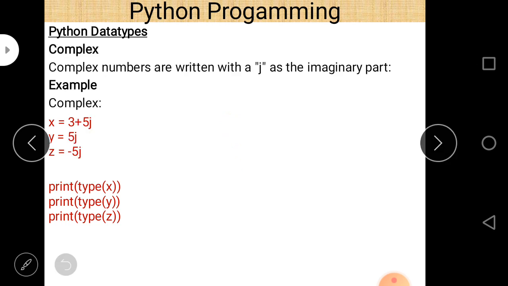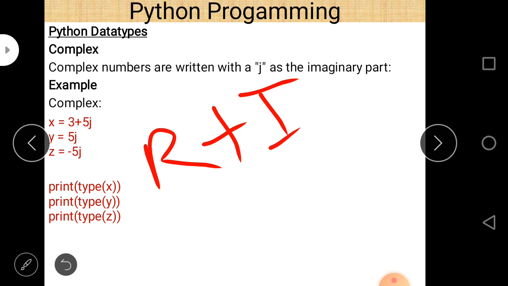Next is the Python complex data type. Complex numbers are written with j as the imaginary part, as I told you earlier. Complex numbers basically have two parts, real part and imaginary part, and they can be written as r plus i, where r refers to the real part and i refers to the imaginary part.